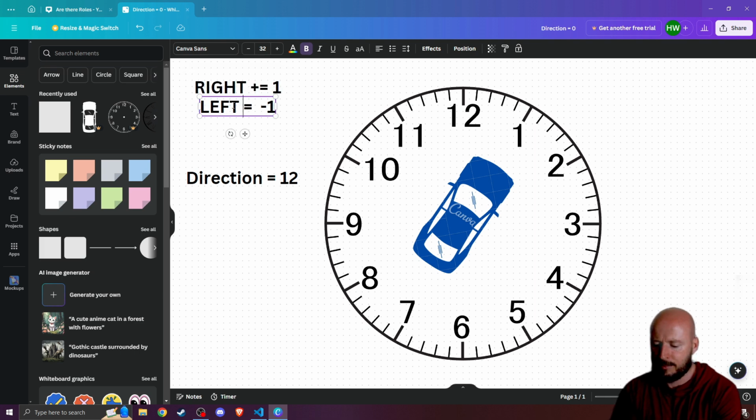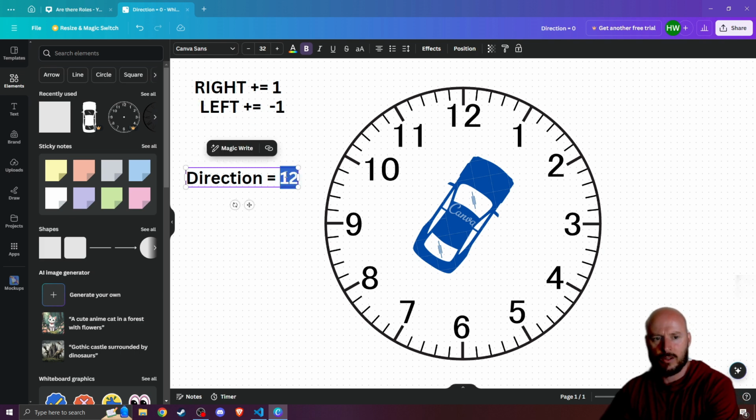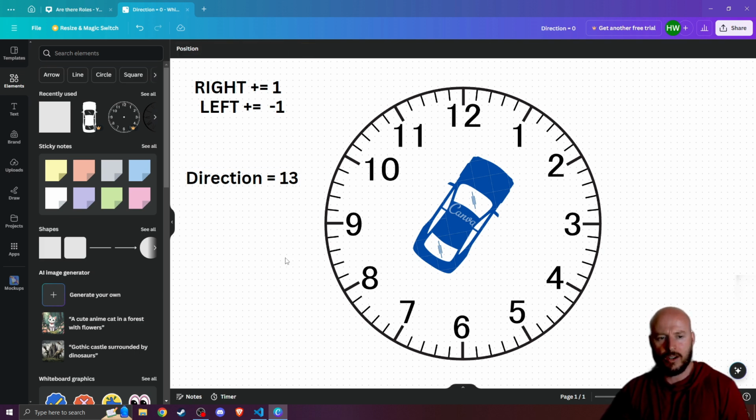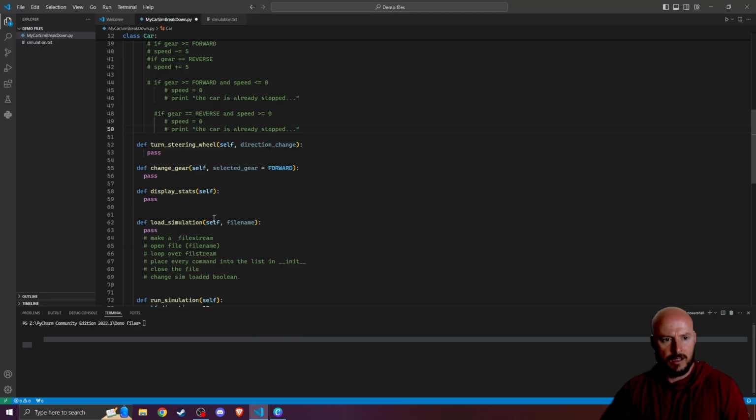Left is plus equals -1, which is -1 in math. So now direction, because we went right, is equal to 13, which is incorrect. Once it goes through here, at the bottom of this method,